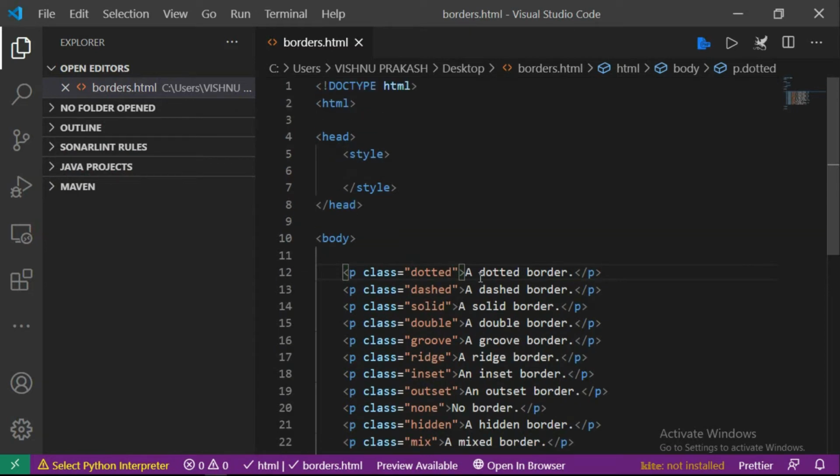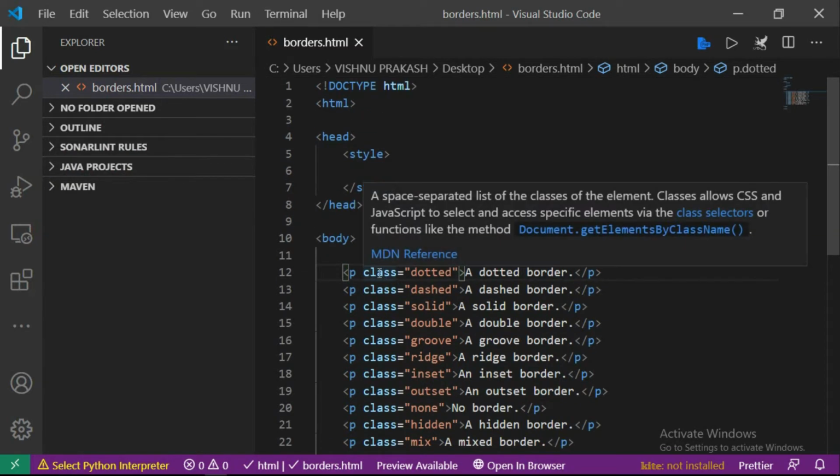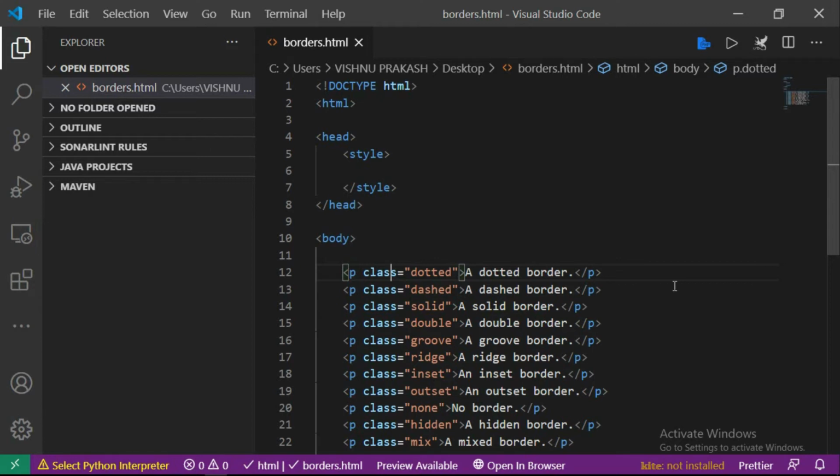Here you can see I mentioned some classes like dotted, dashed, solid, double, like that. In the style part, I'm going to make one border first, the dotted border.